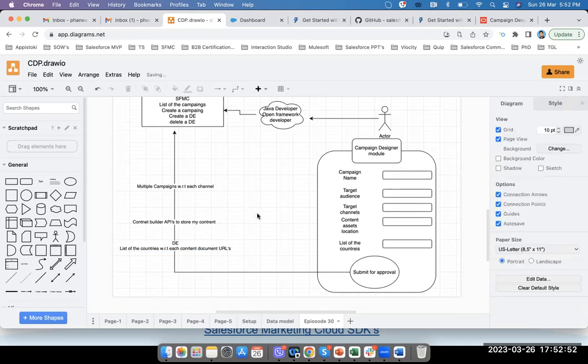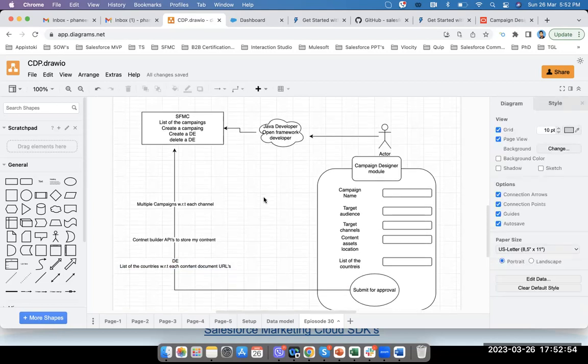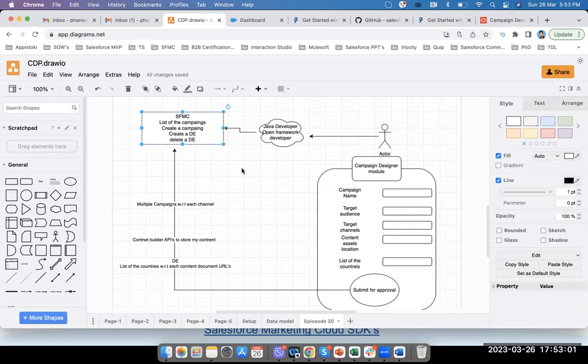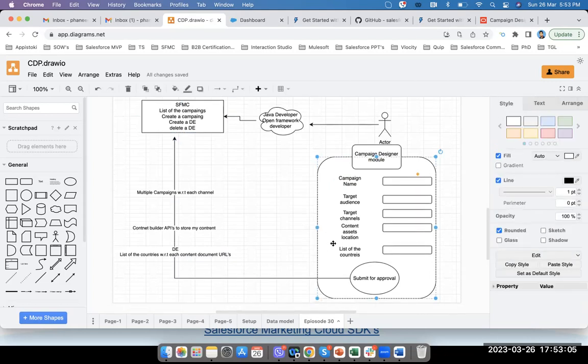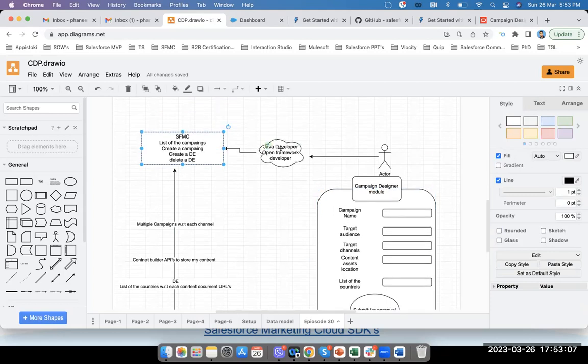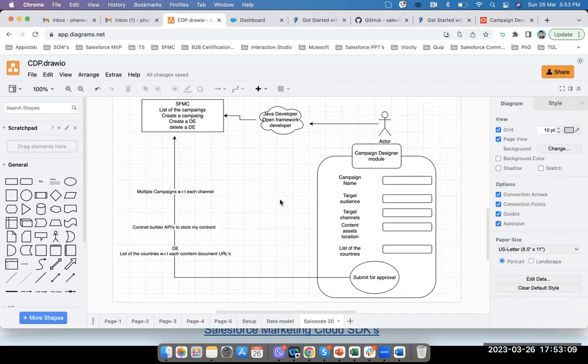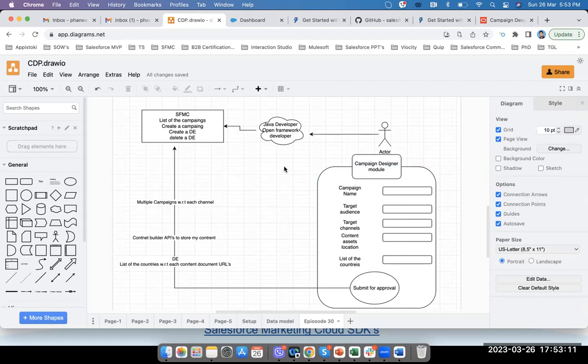Right. So this is a comprehensive use case where you're sitting in a third-party platform and you would love to access some of the data from Marketing Cloud, or push the data from the third-party designer platform to Marketing Cloud using Java SDKs. I don't have a developer, but my developer is really good at Java. And what I can do is request him to leverage one of these SDKs,